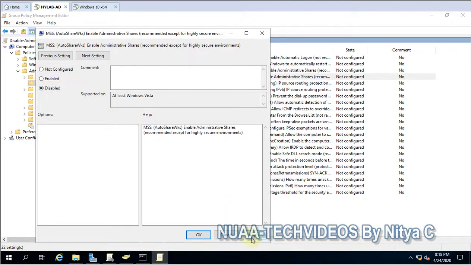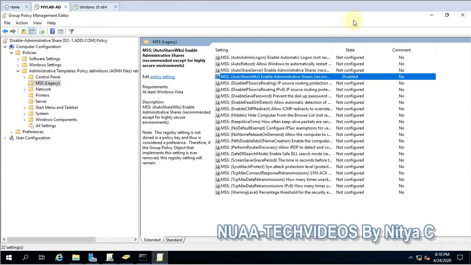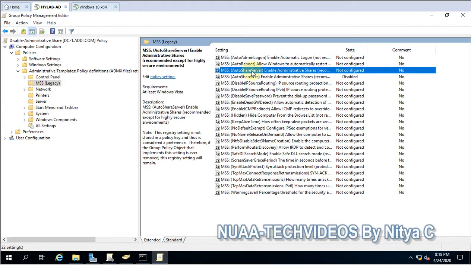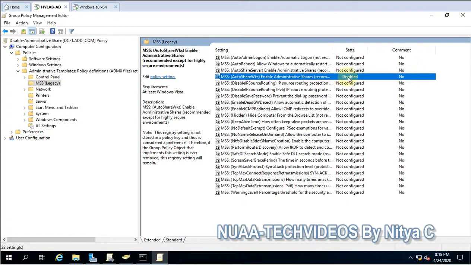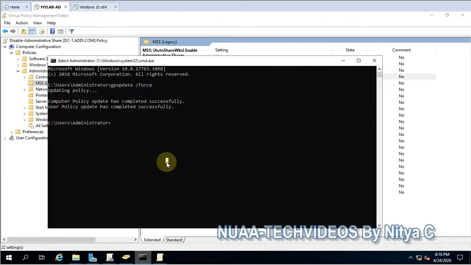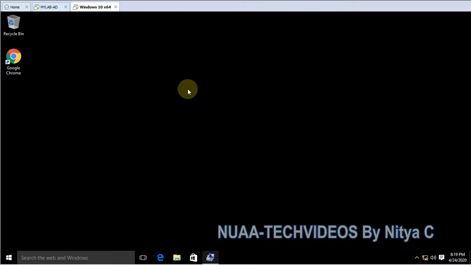Select Disabled and then Apply, then OK. This is for workstations, and if you want to disable it for servers, there is a separate setting for servers, but in our case we want it for workstations. So the setting is applied, and we just have to update the group policy, and let's check it once again.